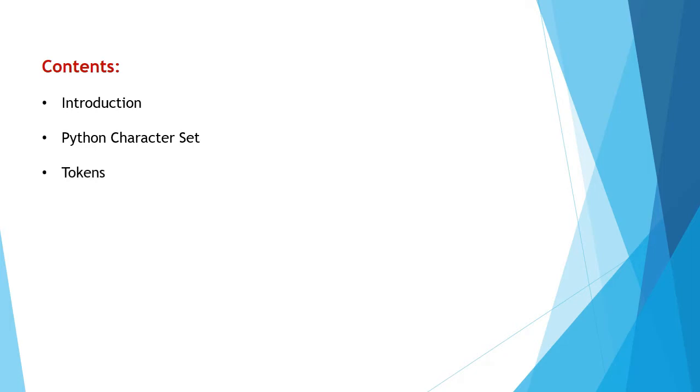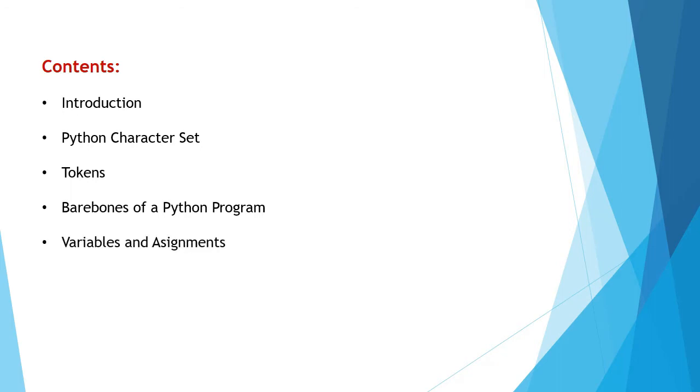Next we'll discuss tokens, which involve the different functional components of a Python program, that is, the different anatomy of the program. In this we'll discuss the keywords, the identifiers, the operators, etc. Next we'll discuss the bare bones of a Python program. As the name suggests, this covers the backbone of a Python program: what are the most important components and how they affect its functionality.